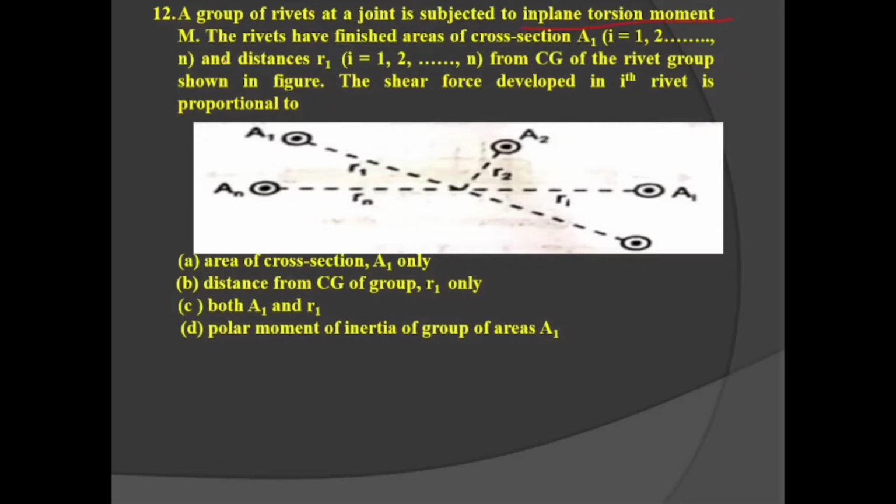torsional moment of M. The rivets have equal areas of A1, which means all areas are the same, and distances R1, R2, R3, R4 and so on from the CG of the rivet group. The shear force developed in the ith rivet, meaning any rivet, is equal to, and as we know here the moment is also developed, so that is equal to basically the torsional shear force in the ith rivet, Fu, that is torsional shear force